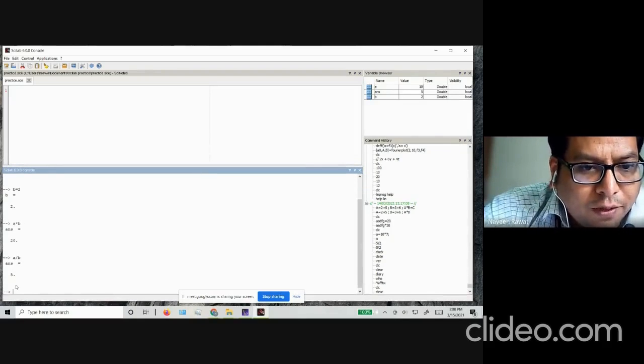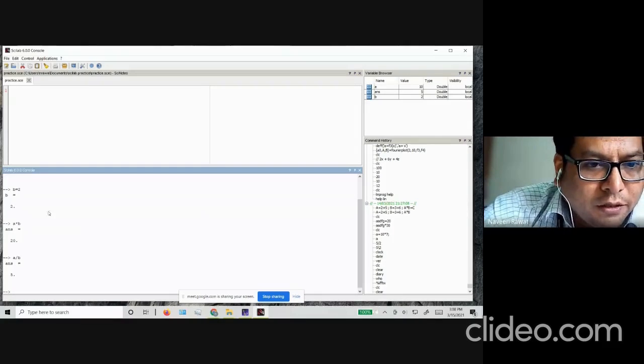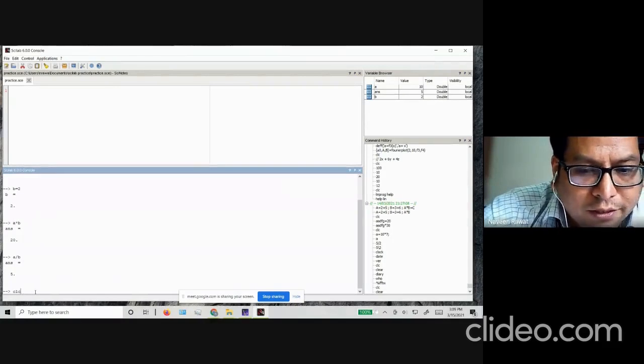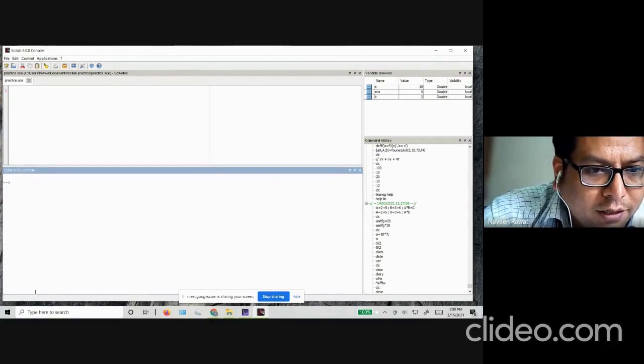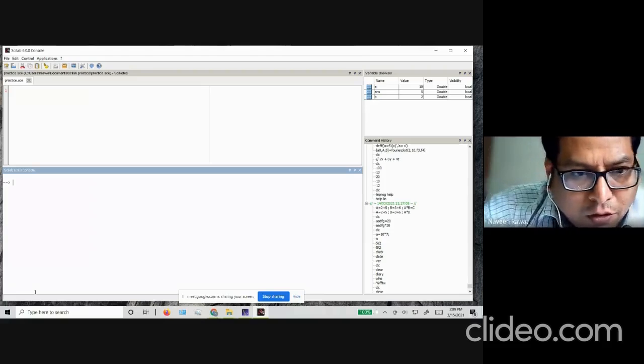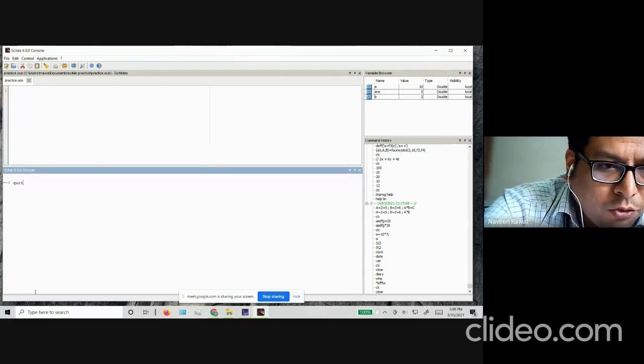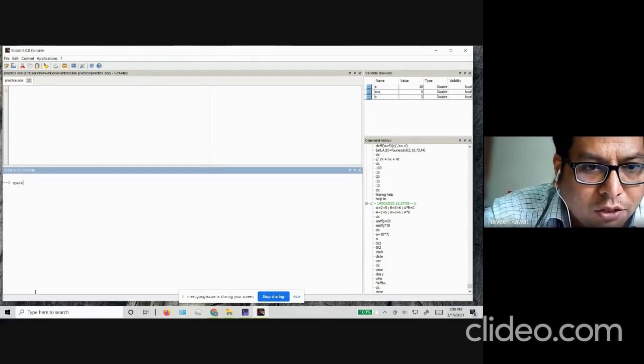Anytime you run out of space and you want to clear this console window, all you have to do is type CLC. So CLC is clear console. That is the command, and you can clear the console. Okay. Now, if you want to exit from Scilab, you can type quit and press enter, but I won't suggest you do that right now. But the command is just QUIT. Okay.